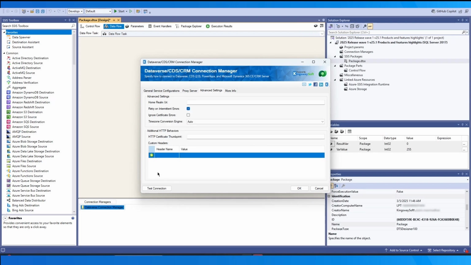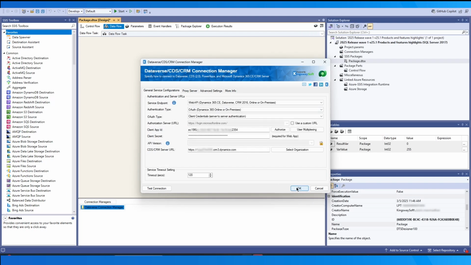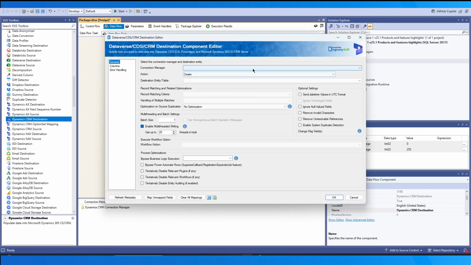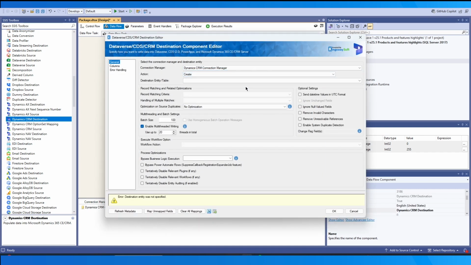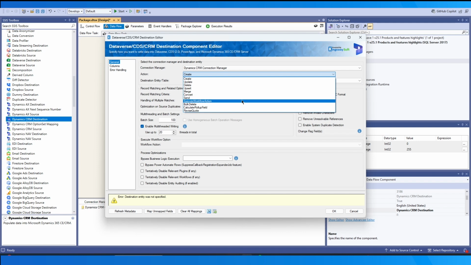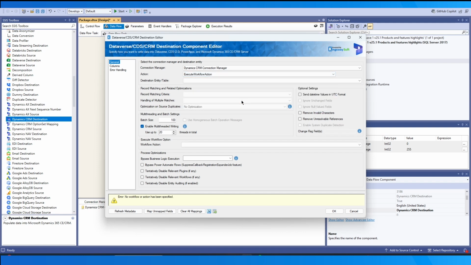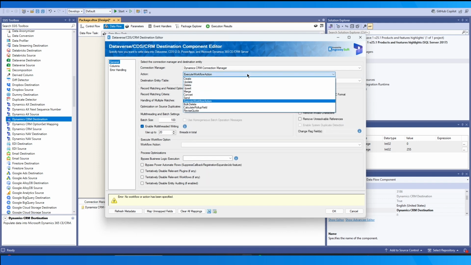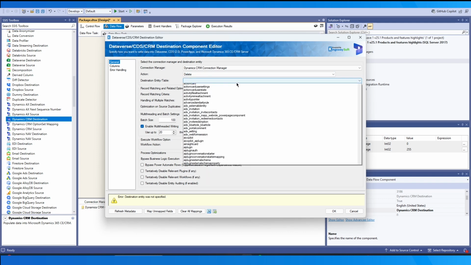Moving over to the Dataverse CDS CRM destination component, we have custom API support added as well. Custom APIs are an alternative to custom process actions. Custom process actions provide a no-code way to include custom messages but have some limitations for developers. Custom APIs provide capabilities specifically for developers to define their logic in code with more options. And in our latest version, you could work with custom APIs in Dynamics with our components.